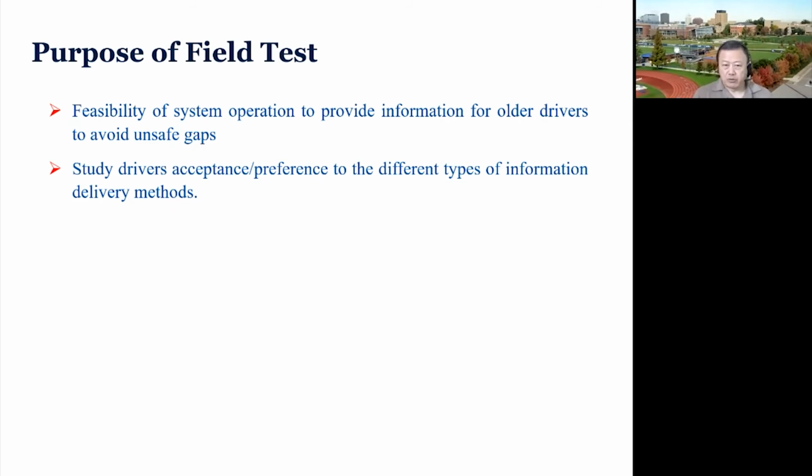for providing information for auto drivers. And the other one, of course, we want to find out from the auto driver, this is not in the human factor lab. This is a real situation in the vehicle, in their own vehicle, if they would accept the system, the safety advice of the system, and also what kind of information delivering methods, like sound, lighting, or maybe both. So that is another objective.